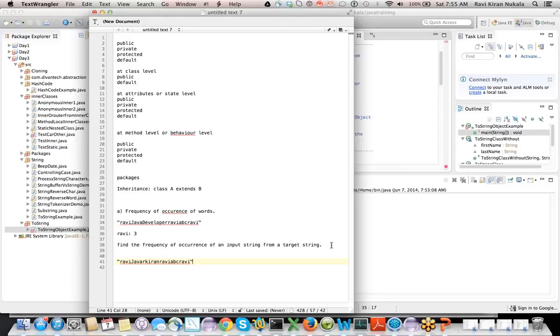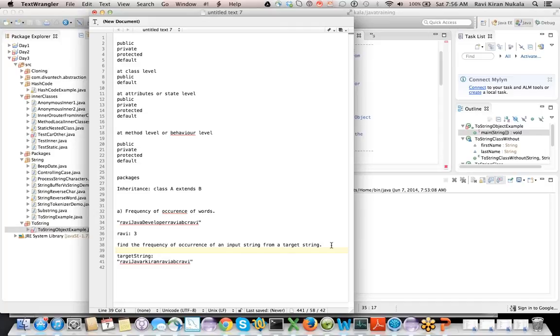This is the target string. Input strings you can take like AVA, anything, find various combinations, occurrences of AV, or combinations of it.